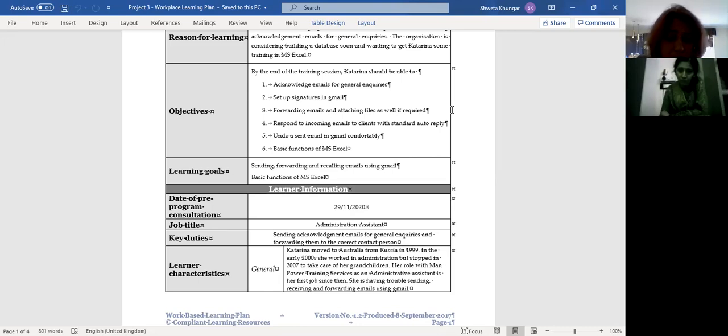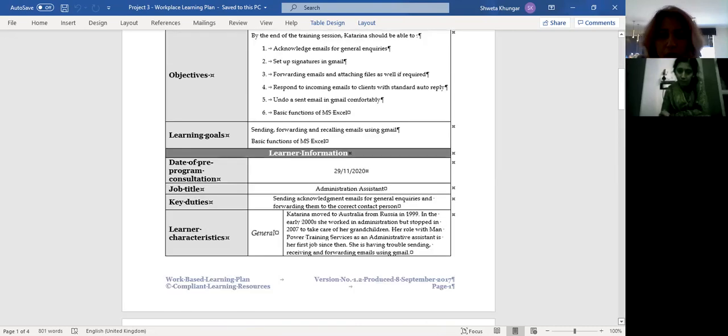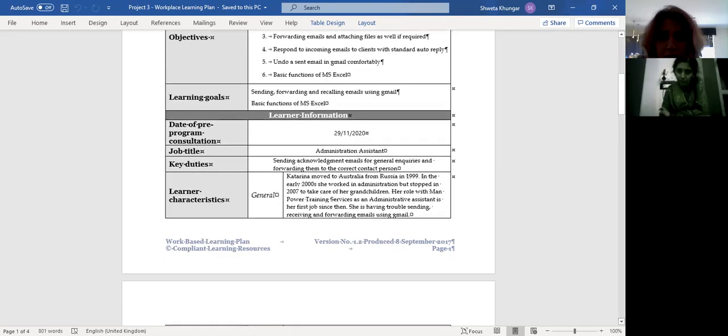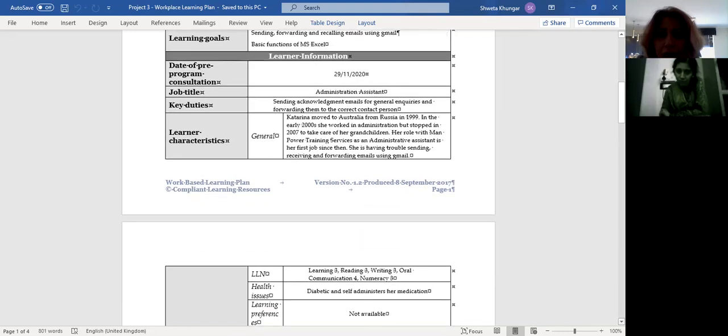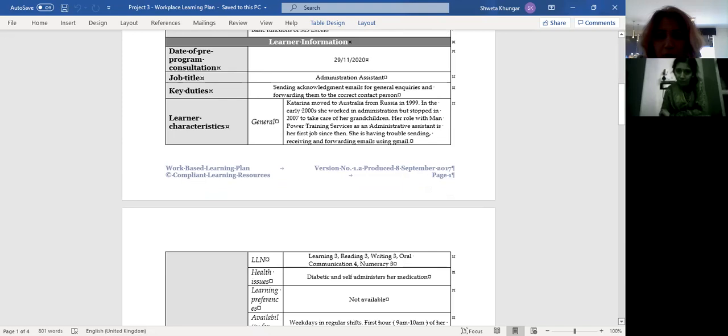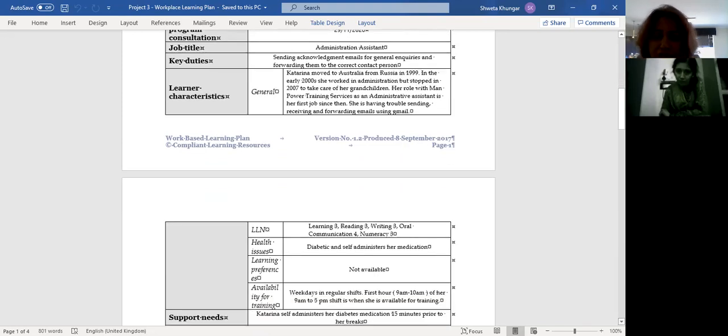Katerina, before we go through the whole learning plan, I've had access to your HR file, and I've had a look at your learning characteristics and your background. I understand that you moved to Australia from Russia in 1999.